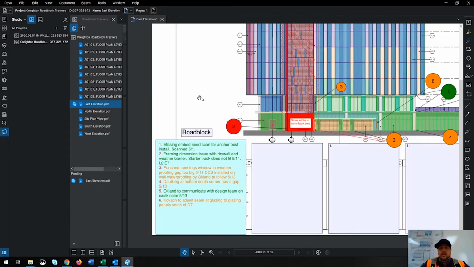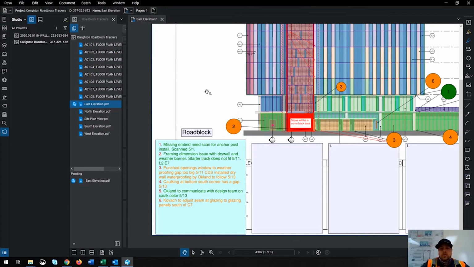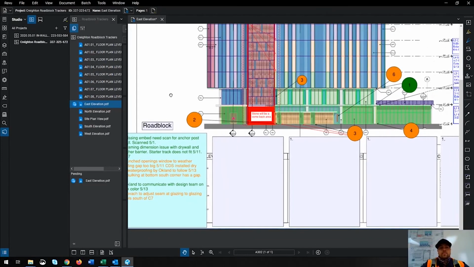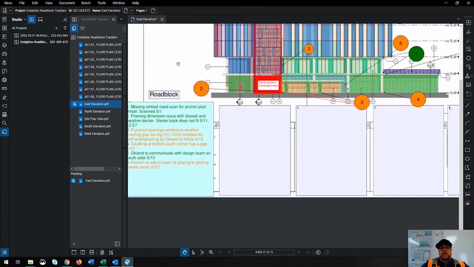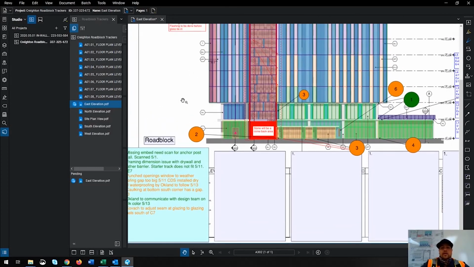Once we talk about it and they confirm that they have their team working on clearing that roadblock out of the way, then we can go ahead and change that color to orange, standing for that it is in progress, but it has not been completed yet. Once they let us know that they have completed what that roadblock might have been, we could go out and field verify to make sure that it was done correctly, done to our expectations. Come back in and update our roadblock tracker to read green, stating that that roadblock has been completed and is